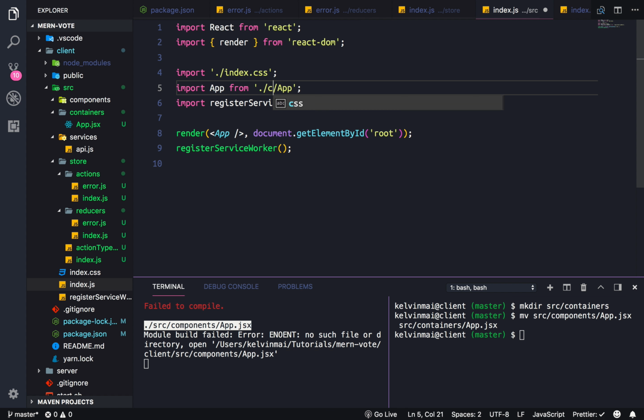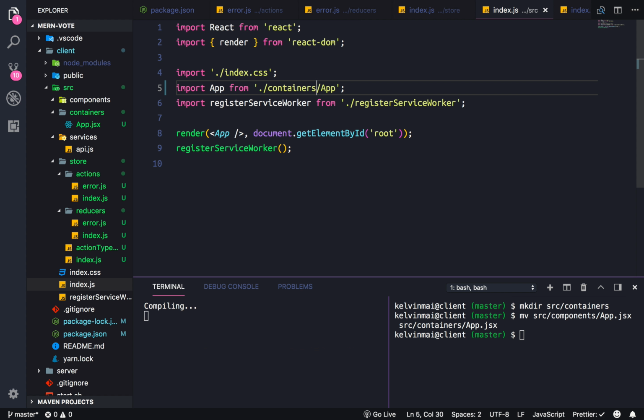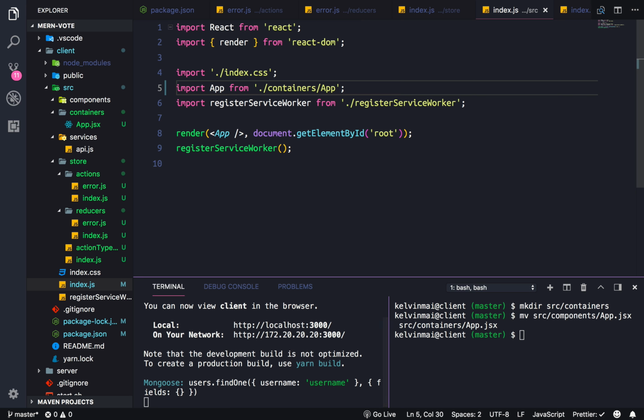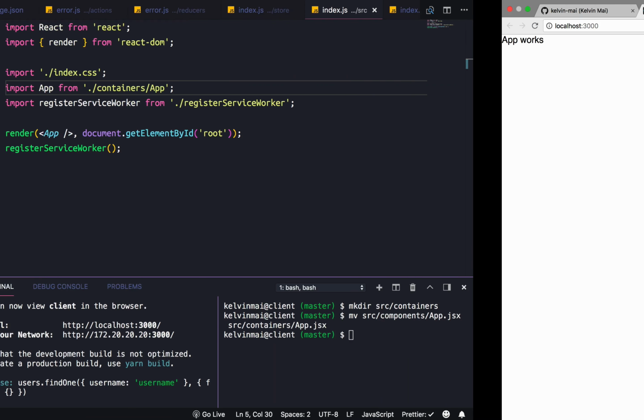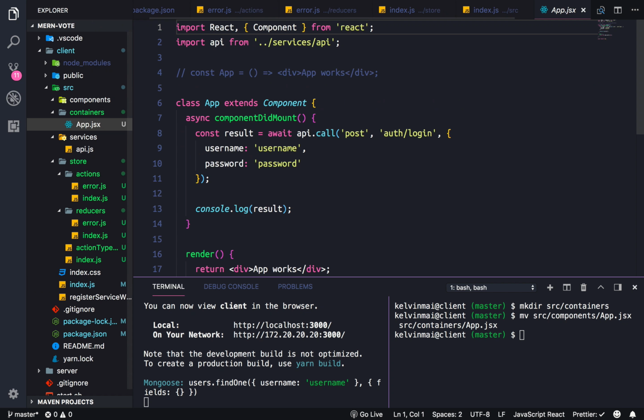So let's fix that: containers, save. Everything's working perfectly like it did. And let's actually add in our